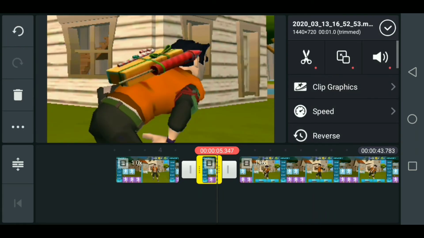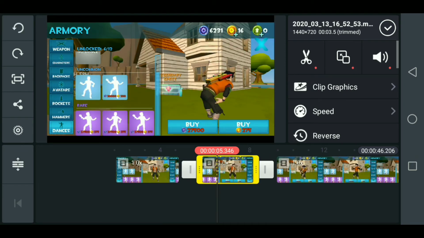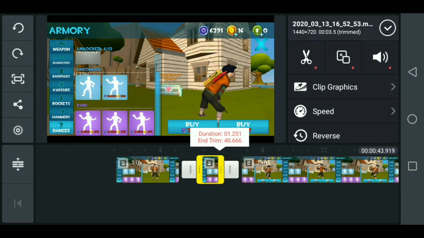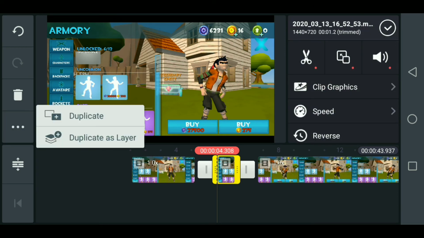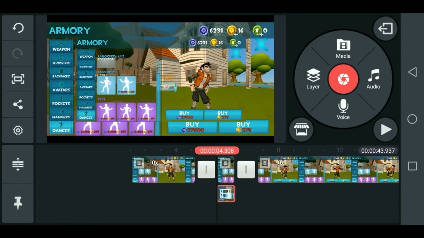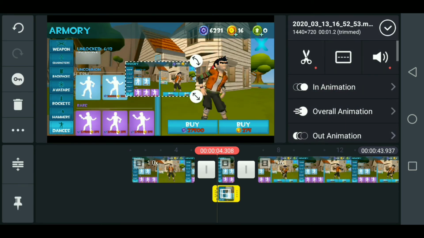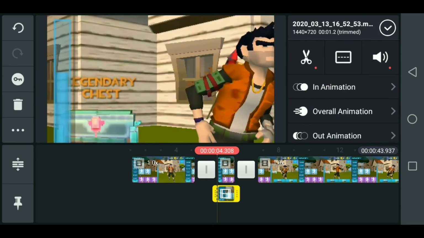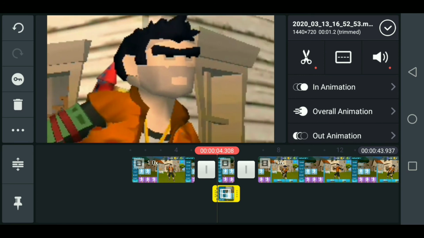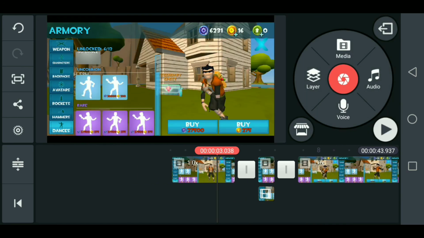So the best way to do that is, again, we make it small. Then click these three dots, duplicate as layer, and there we have it. So this is like a small part of the video, and this is a good thing because now we can make it small and make it like this. So it will be steady and it will not move. For example,